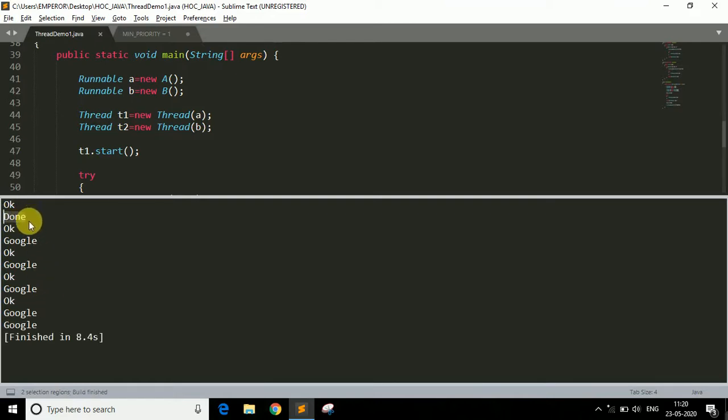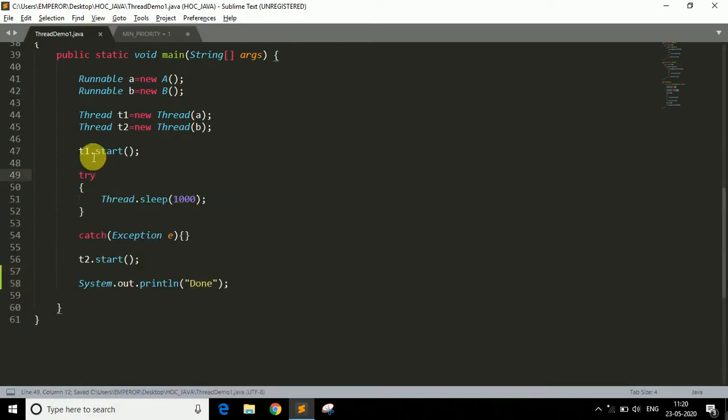Now why does it happen? Basically we have two threads here, T1 thread and T2 thread, but along with that we also have a third thread, which is our main thread. Because our main thread is free while executing T1 and T2 thread, our main thread executes its task, which is to print the done message. After executing T1 thread, our main thread is executed because it is free now, but we want to execute this main thread at the end of the program. So in order to do that, we have to use the join method.